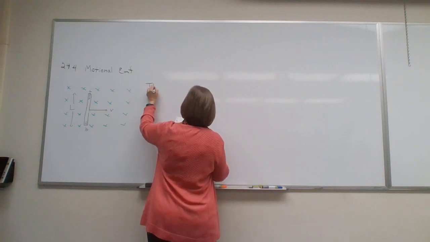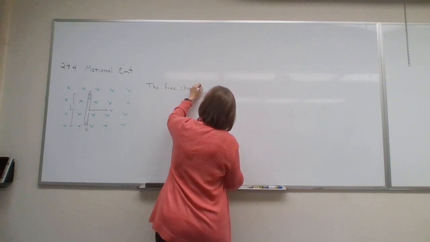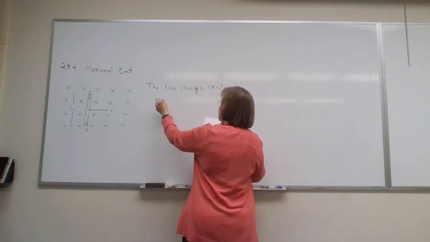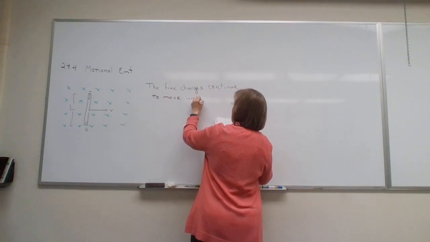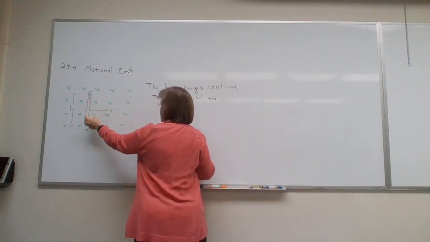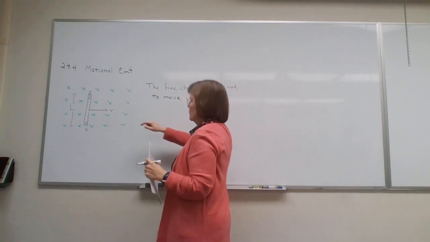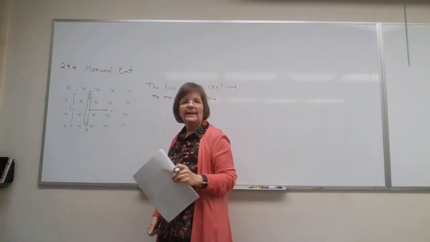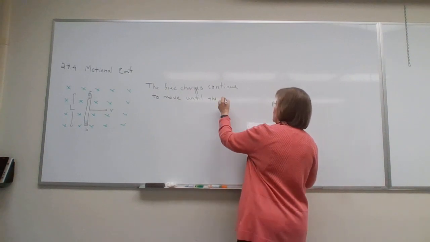The free charges continue to move until the electric field, because they're going to have an electric field in here now. You know, electric field points from positive towards negative. So a positive charge would feel a downward force from the electric field, and they feel an upward force because of the magnetic forces, right? So they're going to continue to move until the electric field